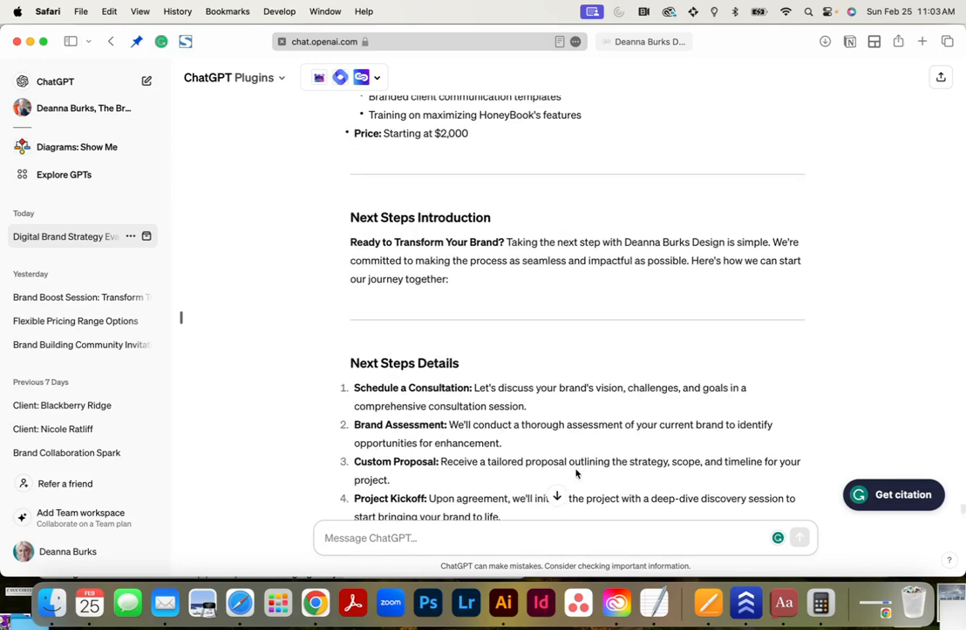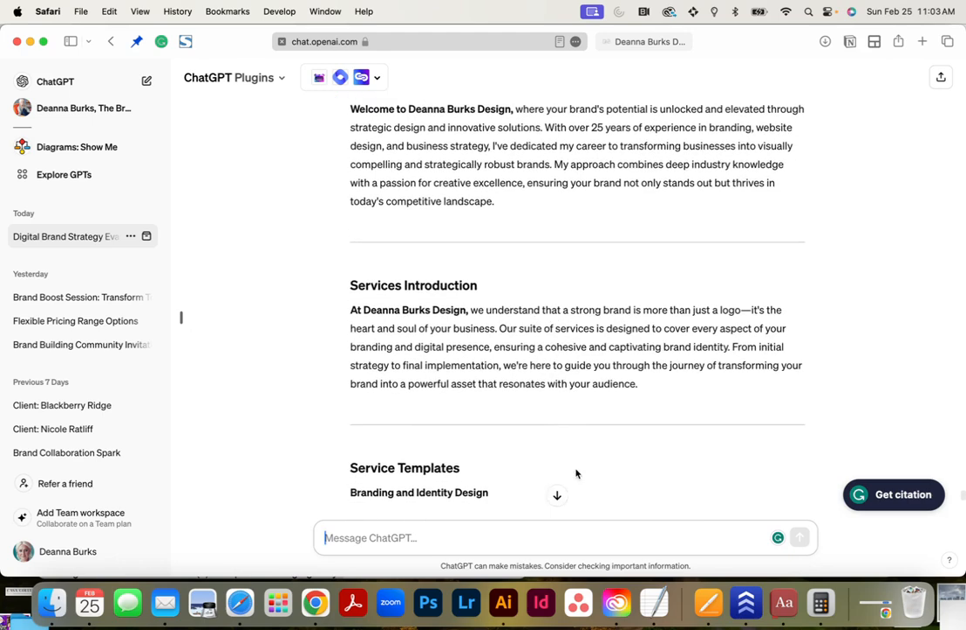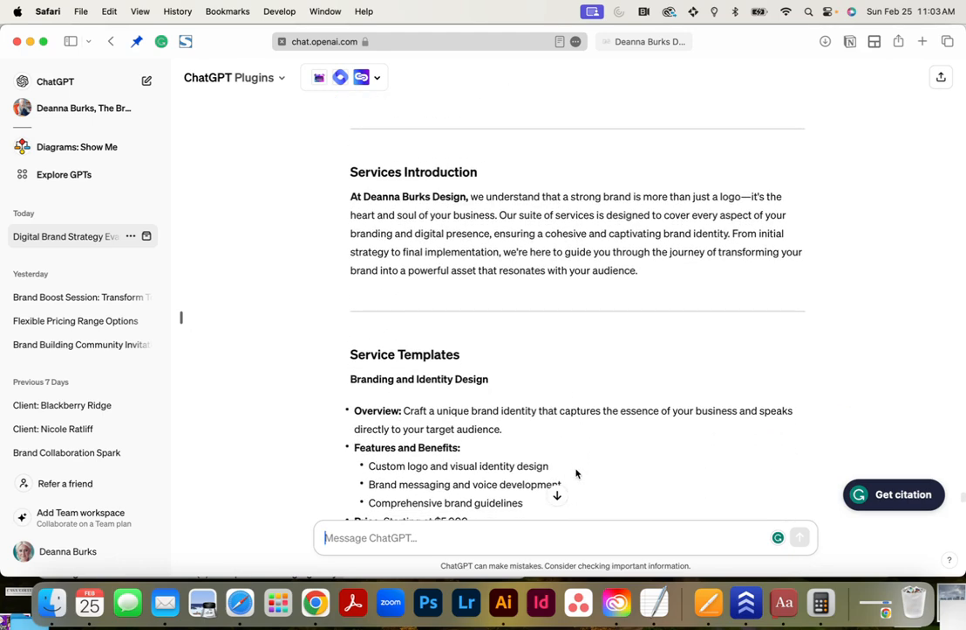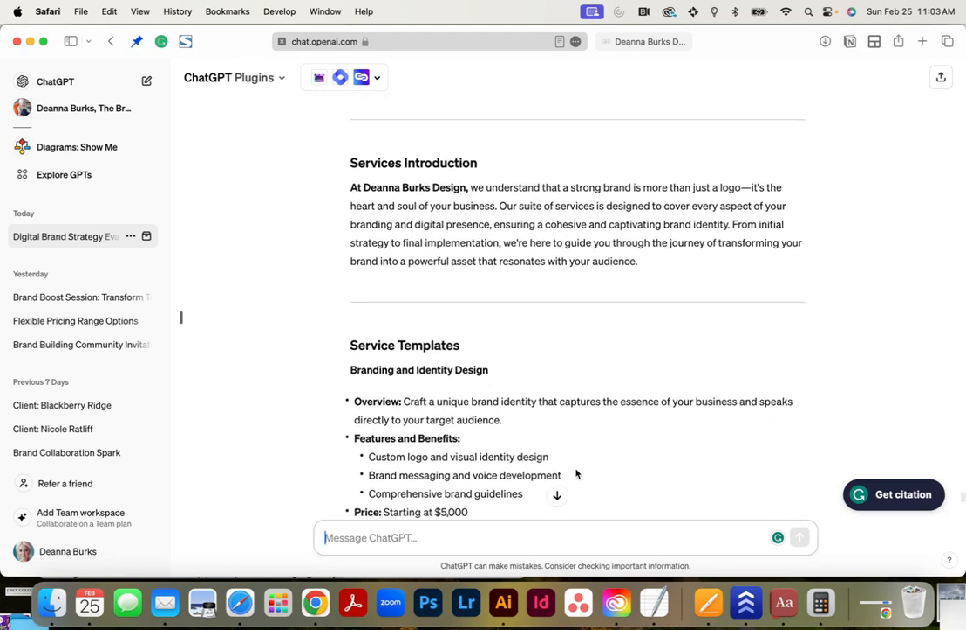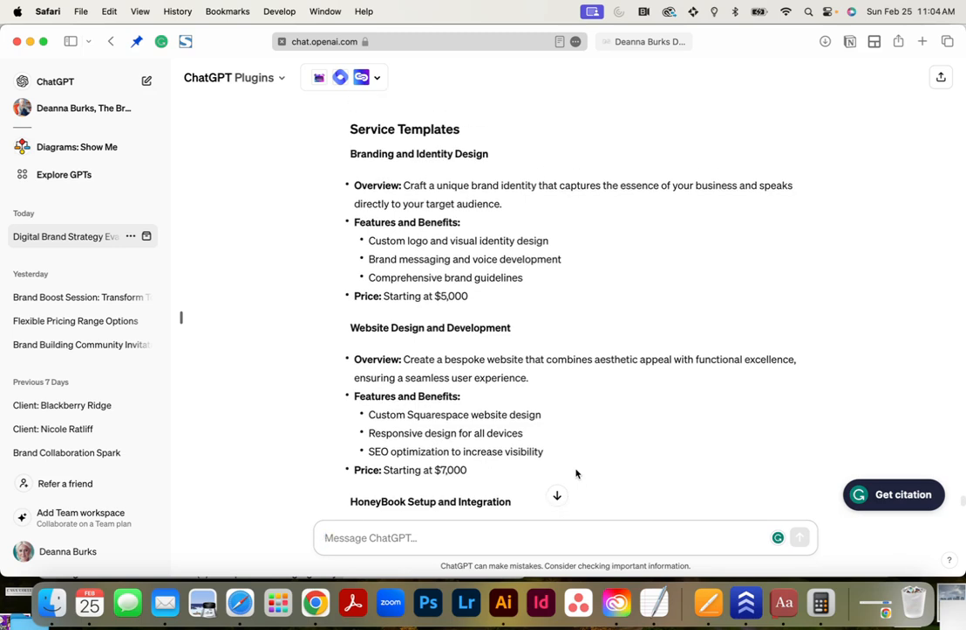So if we want to go back and say, okay, let's make each page 250 words with 5 bullet points, we can do that. We can say, make the service description at least 3 sentences. So let's go ahead and do that. Make the content for each page at least 200 words